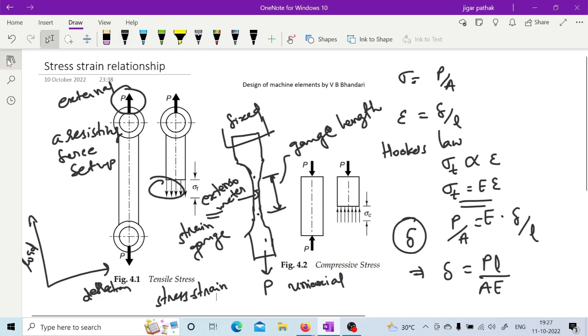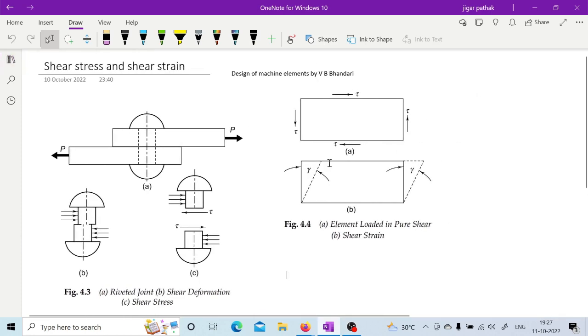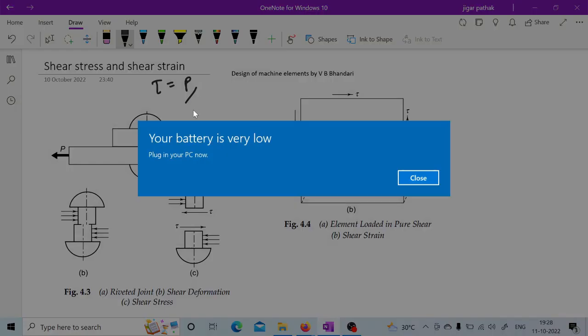So once you know about this stress strain relationship, then you can have an idea about shear stress and shear strain. This is also a type of stress which can occur in some specific applications, like in a rivet you may find this kind of stress acting. So basically shear stress is when any external force is trying to slide the adjacent planes with respect to each other, right? Then the resulting stresses are known as shear stress. So this shear stress is given by tau is equal to